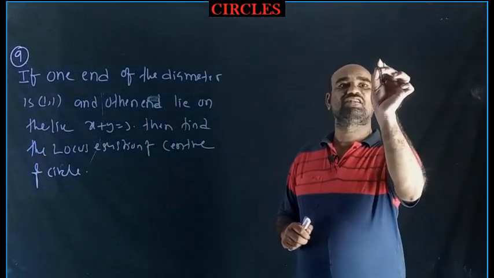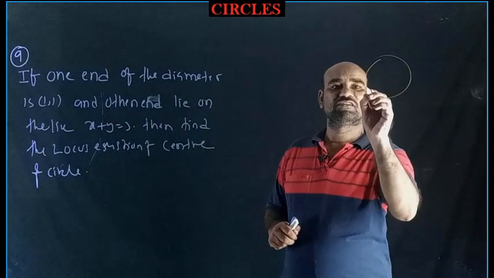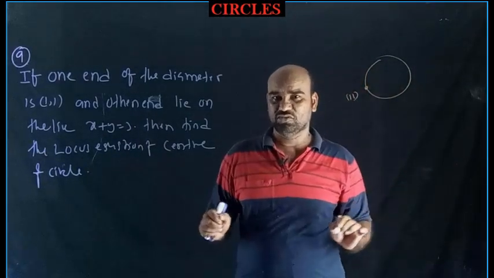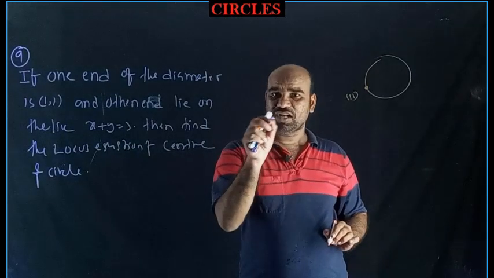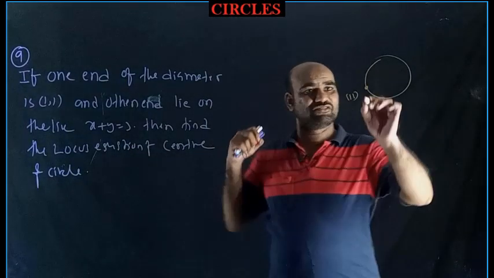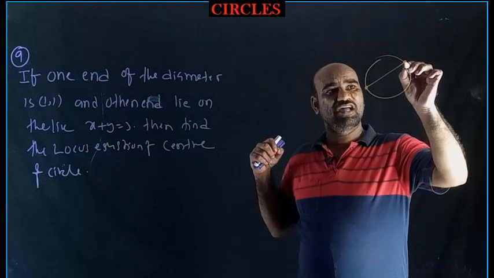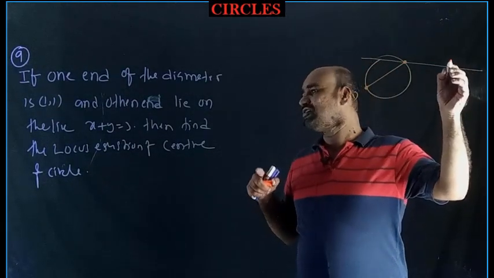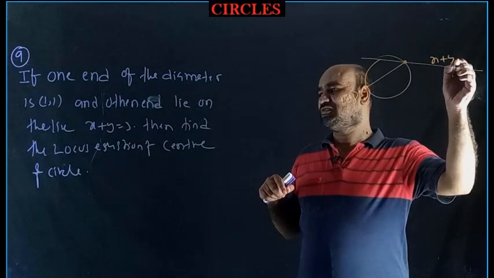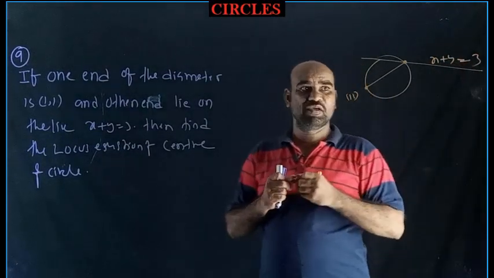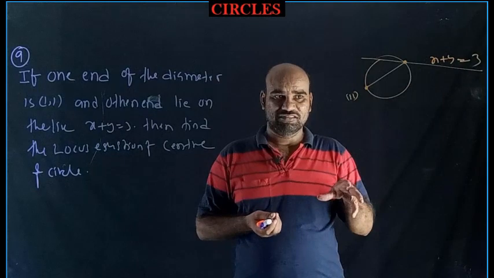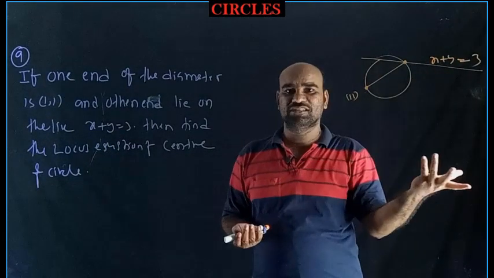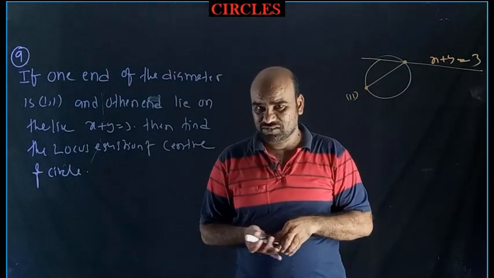Yeah, this is a variable circle. This point is fixed. One point on the circle is fixed. Through one point on the plane, you can draw infinitely many circles. So this is the diameter. The other end of the diameter lies on the line x plus y equal to 3, meaning the other end is varying. One end is fixed, the other end of the diameter is varying. Automatically the center will vary. We want to find the locus equation of that center. Understood?